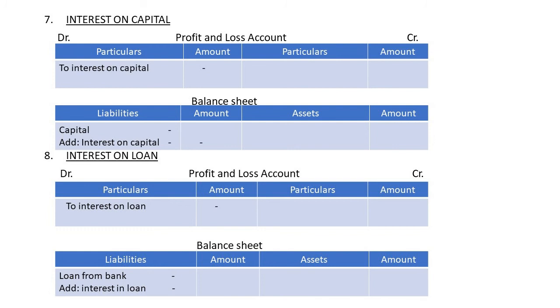Now, seventh adjustment is interest on capital. Now, capital being an investment in business by the proprietor, as such, he is entitled to receive some interest for the risk taken by him. Now, this interest is an expense, or we can say it is a kind of financial expense for the business. So, it will be debited to the P&L account, and then as a result of this interest, capital of the proprietor increases. So as a second treatment, it will be added to the capital on the liability side of the